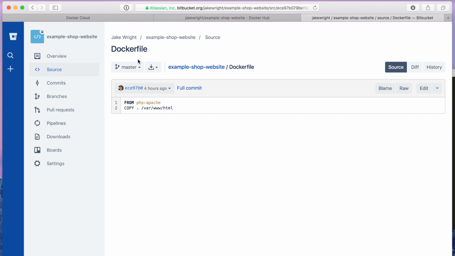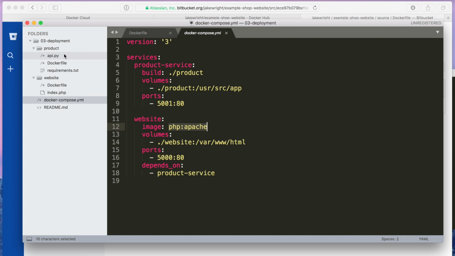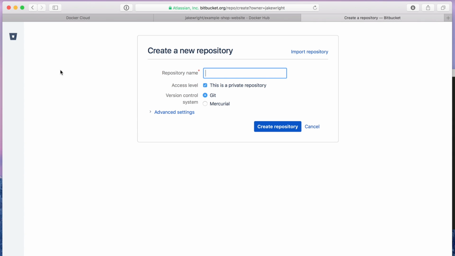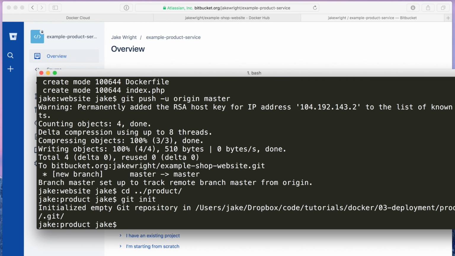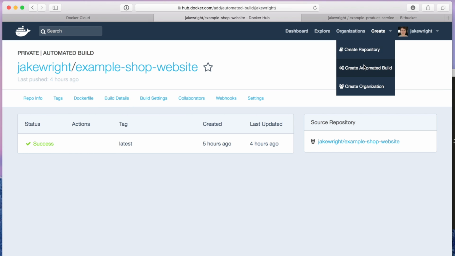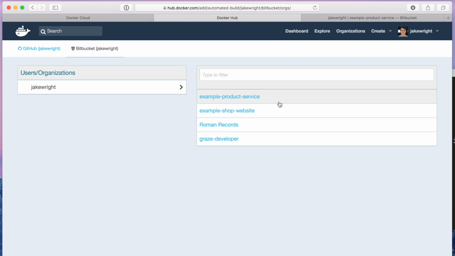So we need to follow the same process now for the other container that we want to ultimately run. So that would be the product service. This one already has a Dockerfile, it copies the files in, so that looks good to me. It's a case of creating another repository, initializing a Git repository inside the product directory, adding the remote, pushing to Bitbucket, creating a new automated build,